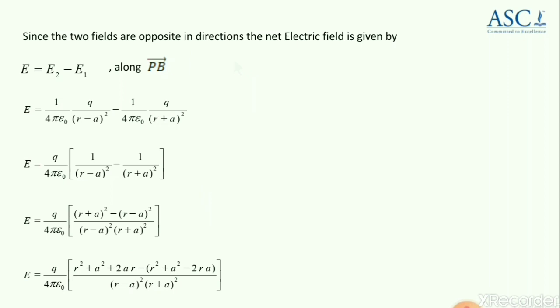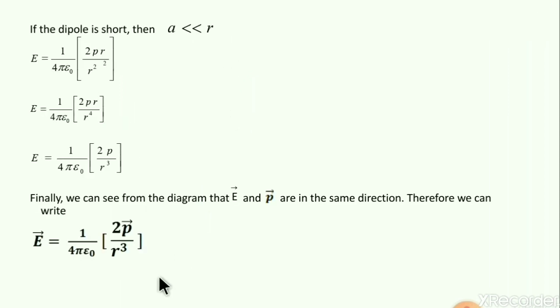So in this vector form you will be writing plus, but anyway, whether you mention the plus or not doesn't matter. E and p are in the same direction, thus E equals positive 1 by 4 pi epsilon naught times 2p by r cube. But when we do the next derivations, there I will show a minus, indicating E and p are opposite. So for that time you just recall this point. Here, since both are in the same direction, I am representing it as E equals 1 by 4 pi epsilon naught times 2p by r cube.